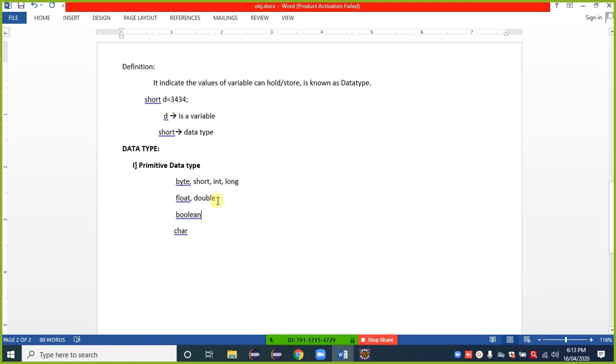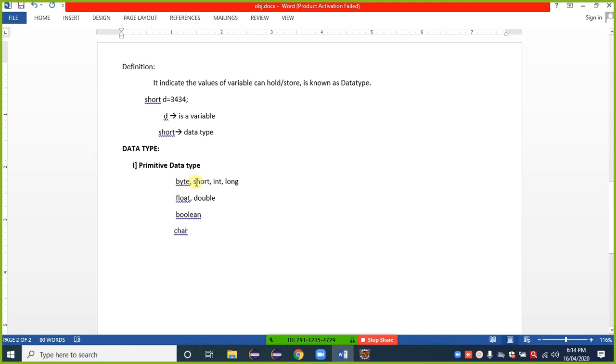Suppose I have a fraction value, we can go with a float or double. Suppose we have a single character or single digit, we can go with char. If we only need to check or validate, we can go with a boolean. These are all provided by Java for our use.